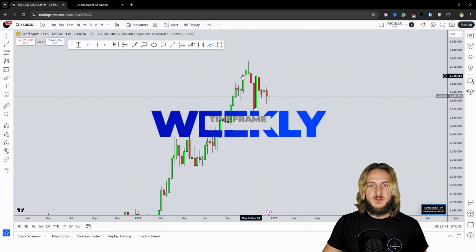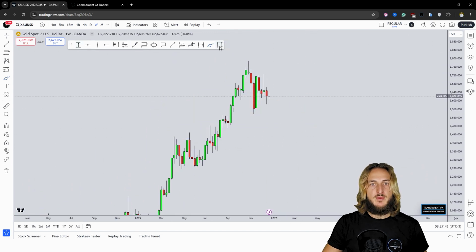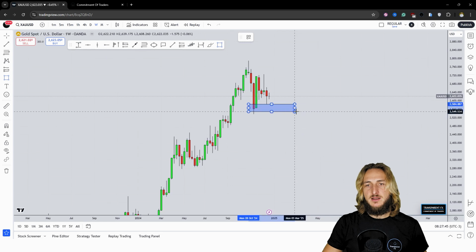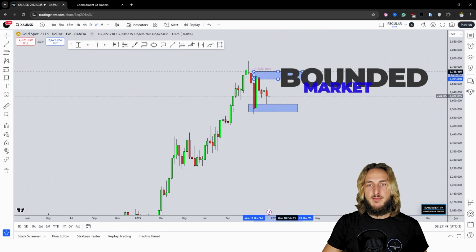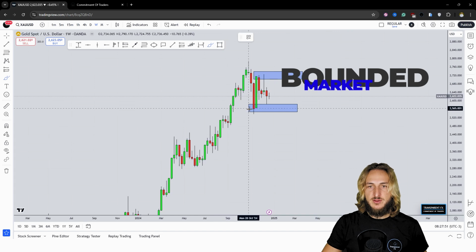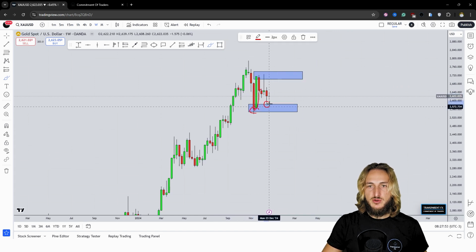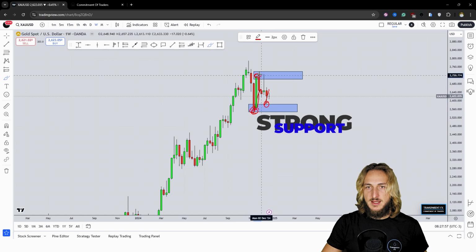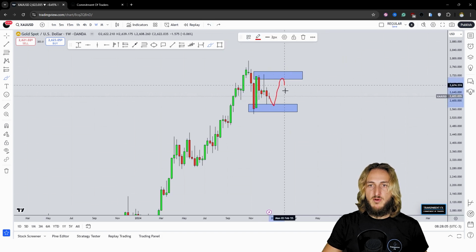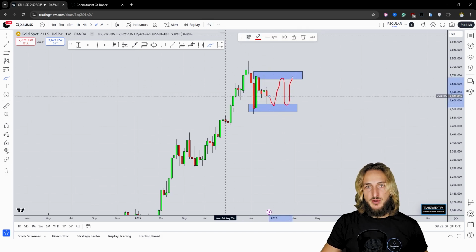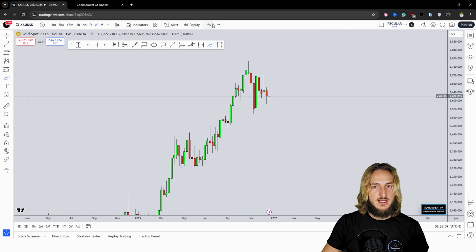Now, from a weekly perspective, what we can notice is that at the moment, we don't really see a clear direction in the market. We kind of have a range-bound market in between these two levels. We have the bottom here, which is currently acting as support. We can see how the market is respecting it as support, and the top here is acting as resistance. And we can see already on two occasions, the market respected this level as resistance. So until the market remains in between these two levels, we could expect more horizontal price action to be